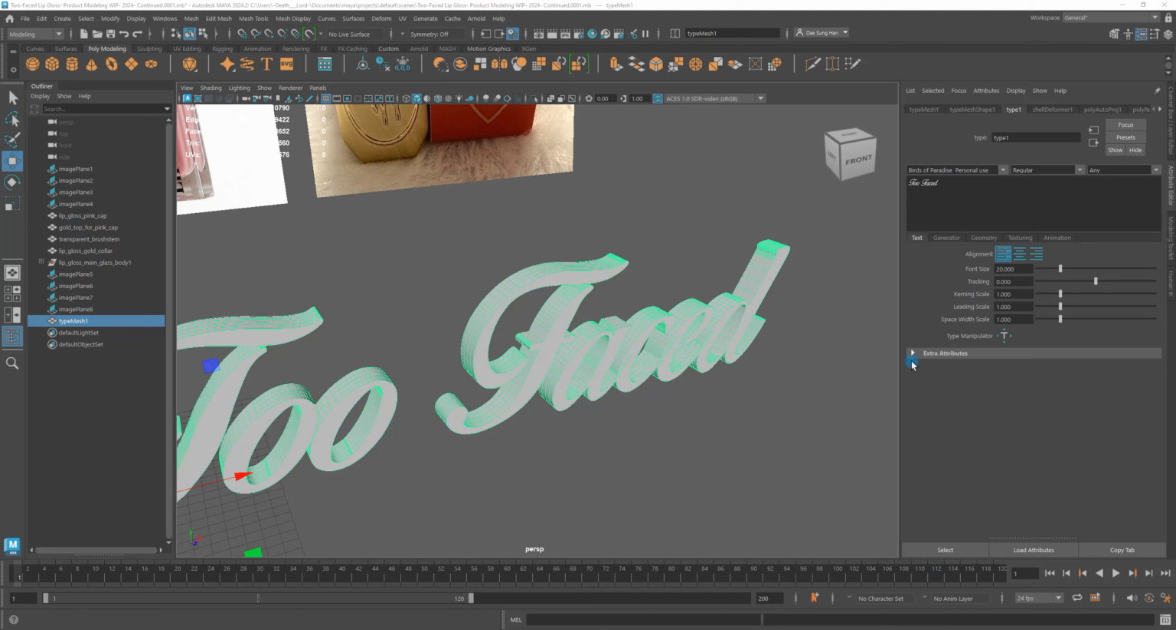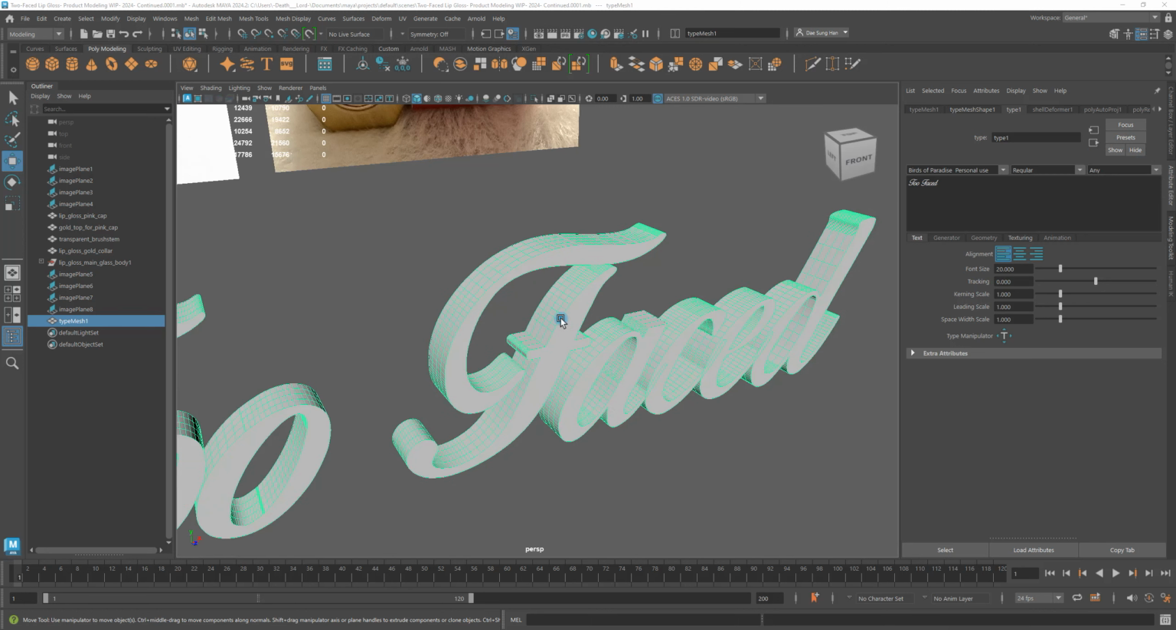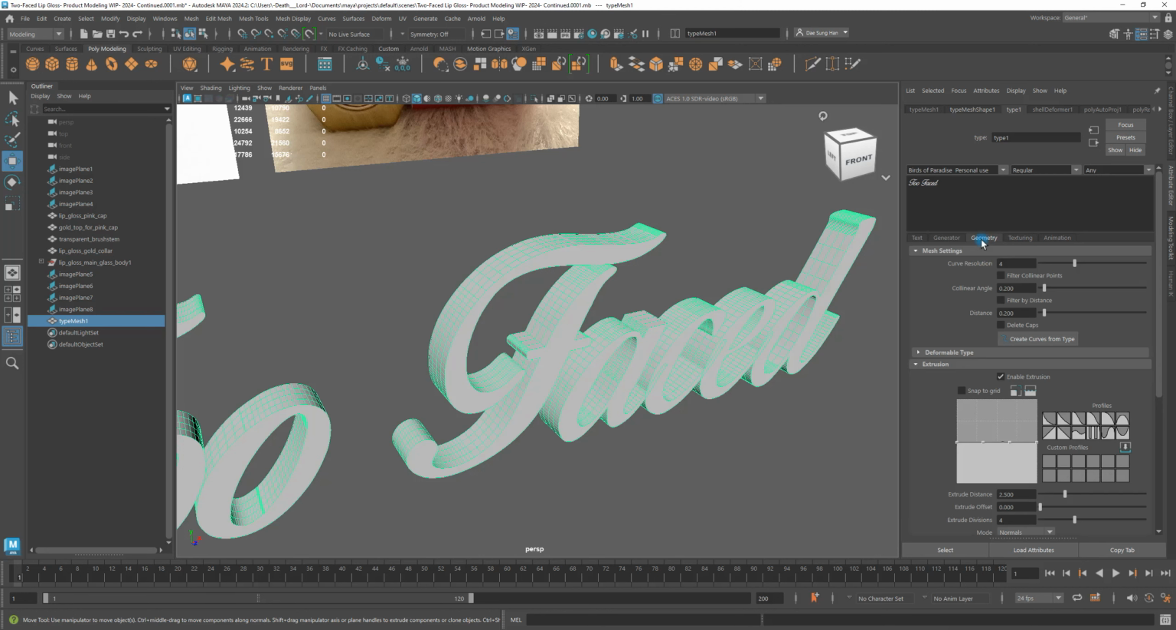So one of the first things you want to do is, under type 1, open the attribute editor, because we're going to dig into the attributes of this thing. In here, type 1, geometry tab, right here. Then there's your generator tab, geometry tab, and within the geometry tab, you want to set your collinear angle,